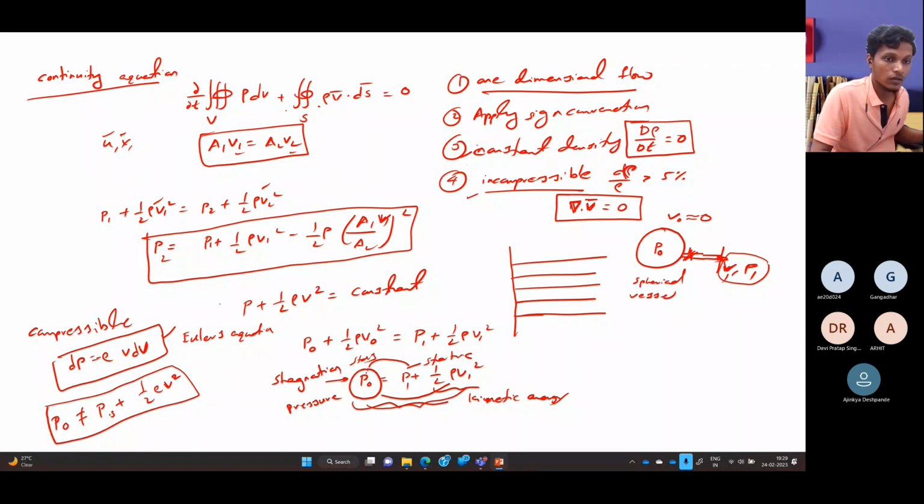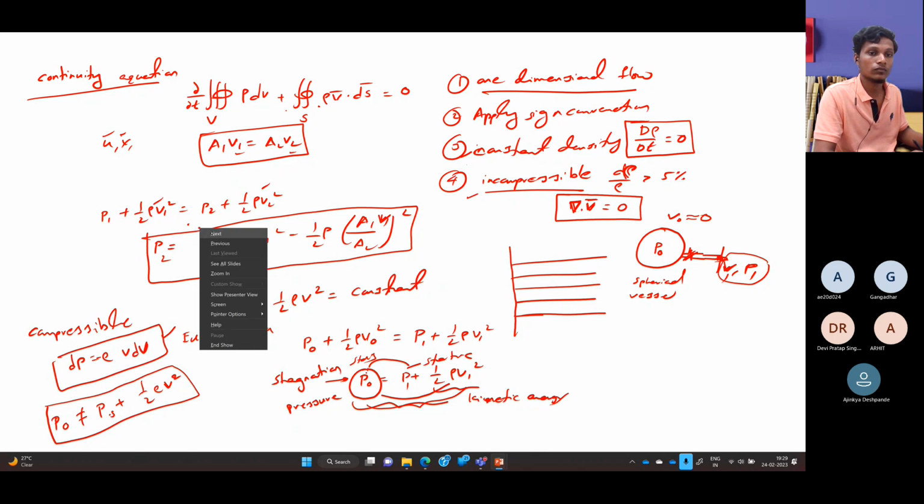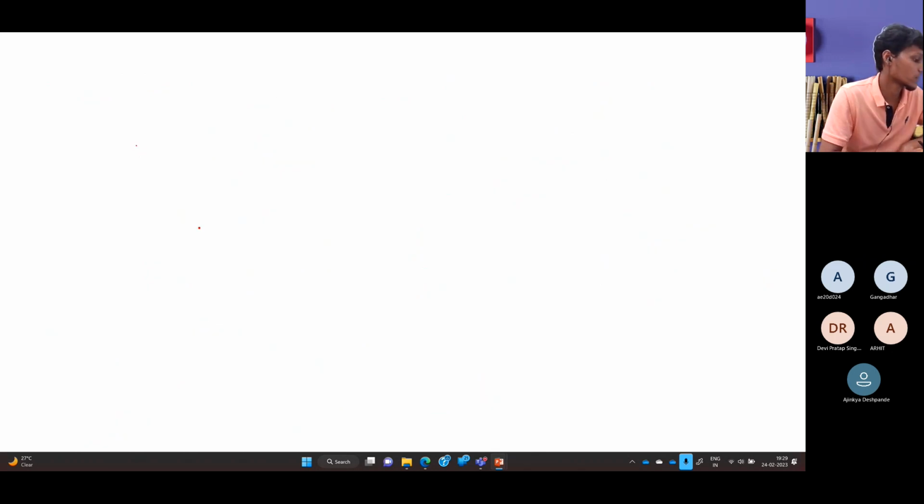Okay, those are the key things about the application of Bernoulli and its compressible and incompressible forms. Let's go to the next concept. There are so many important concepts in this chapter, so it takes some time for me to give you the importance of the equation of every parameter or every variable. Let's go for one more thing, that is